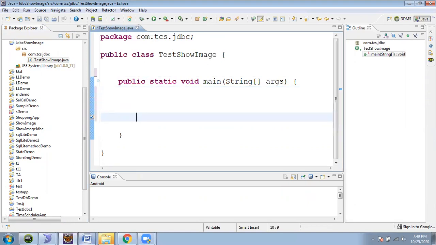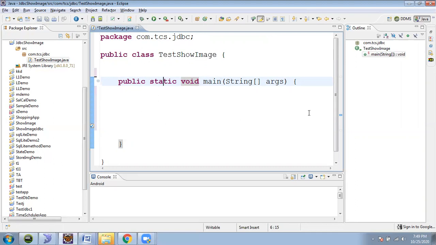So this is the class name. This is the method name, public static void main. I think you have already gone through core Java, so you might have heard about it before. So I don't need to give a lecture on this, I think. So let me come on to the JDBC.